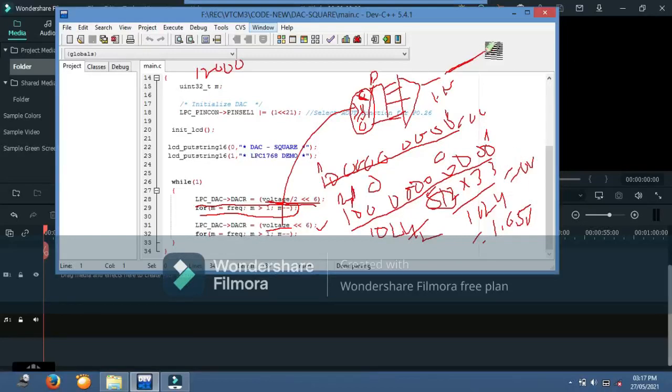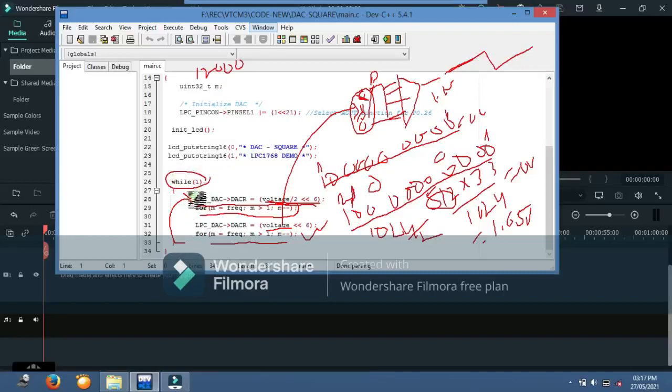Then after the 12,000 delay, the output goes to 0, and then again this loop should be executed 12,000 times. So again you provide the same amount of delay for some time. This loop will continue because it is a while(1) loop, a continuous loop.